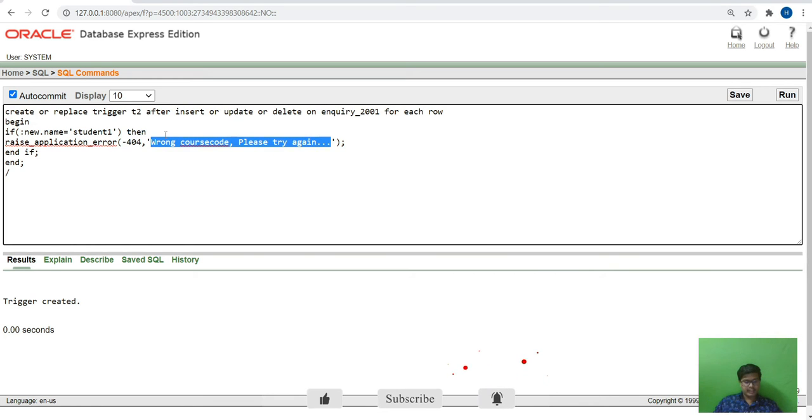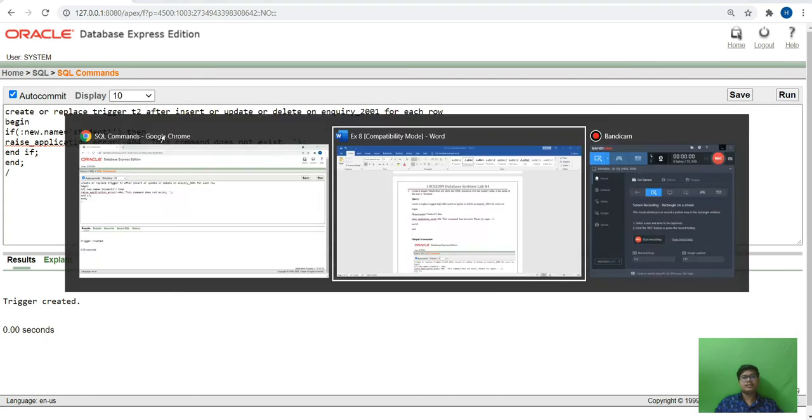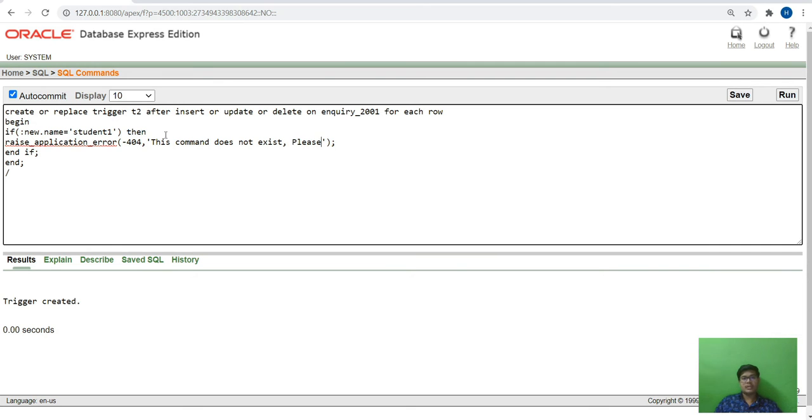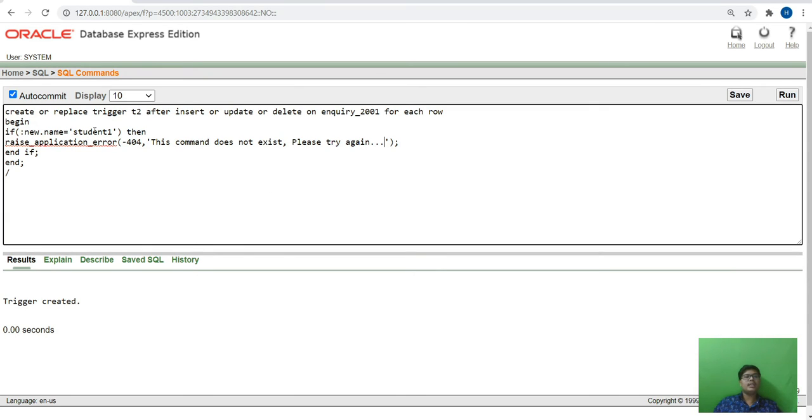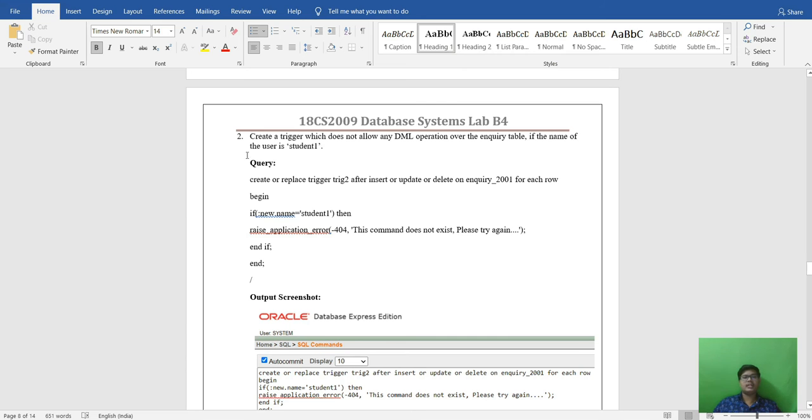Then it will show an error. Okay, so here it will check that the name is equal to student one.